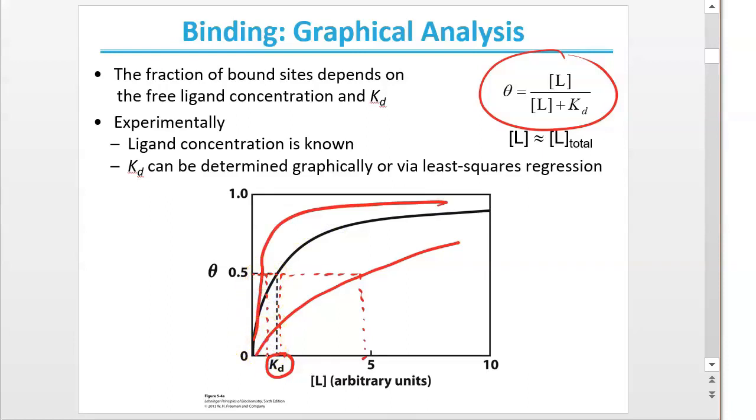So the smaller the dissociation constant is, the more tightly that ligand is being bound to that protein or that active site. Another way of thinking of it is you need less of the ligand to half saturate the binding sites. In this lower case, I need only, let's say, 1 whatever unit that is. Maybe that unit is nanomolar. But on the weaker binding, I might need 5 nanomolar, or it could get super weak, and then you might need as much as 10 nanomolar, and it would go on, but not in the range of this graph. So the dissociation constant is a measurement of how tightly the ligand binds, and the smaller the dissociation constant, the more tightly that is.